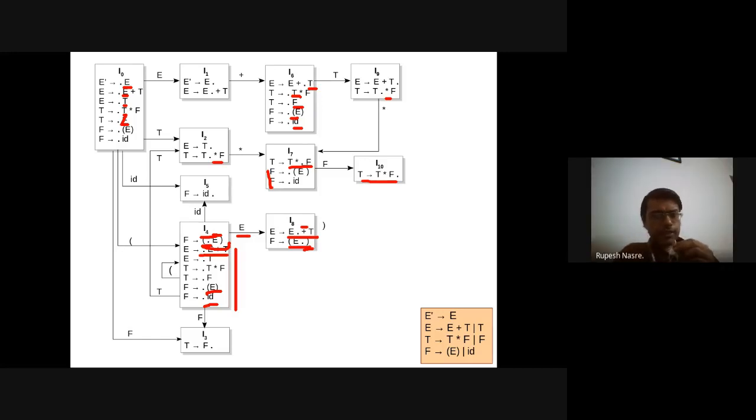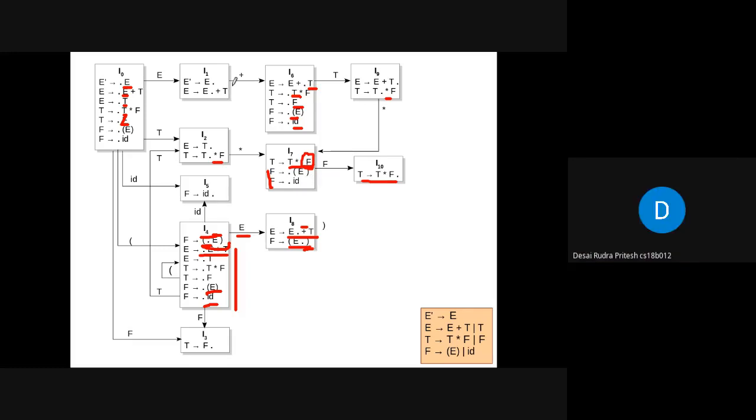I2 to I7. Yeah. So when I have looked at star, that is the terminal that I'm looking at. So I'm going to consume T star and then dot F is going to appear here. And I'm at the verge of expanding F. Therefore, since there is a non-terminal just after dot, I need to add the transitions corresponding to F. So that is going to be F. Since I have not yet consumed F, I have not yet consumed parenthesized D, I have not yet consumed dot ID. That is the same thing that we have done, for example, in other places. For example, here.